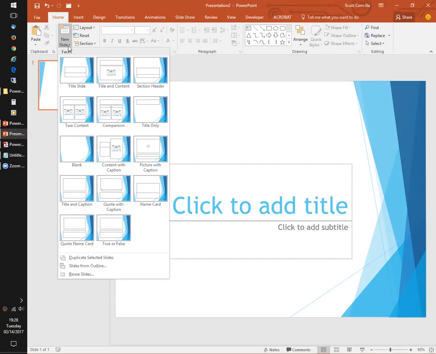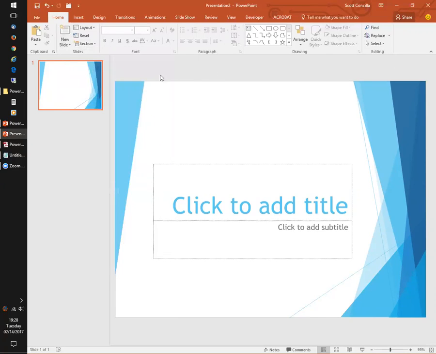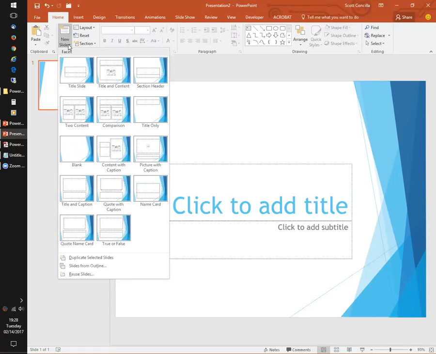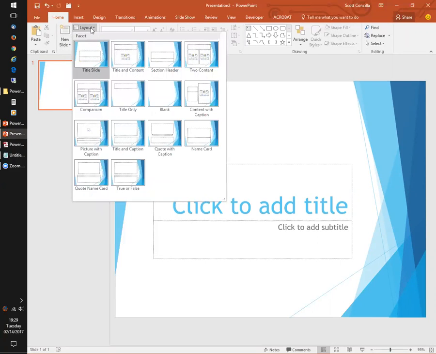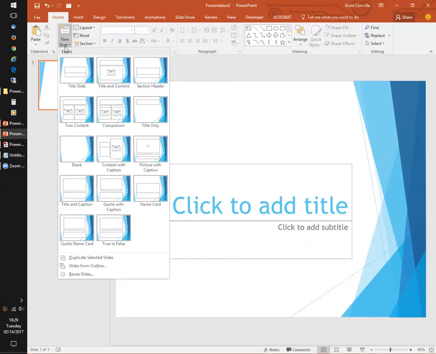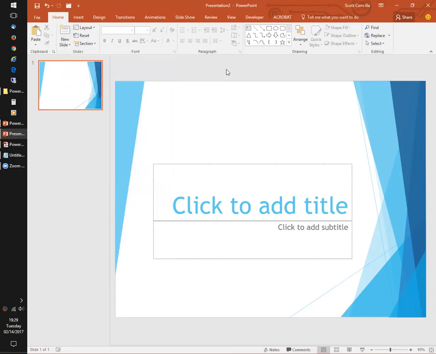Now, what you see listed here, you can access this same gallery two ways. At the bottom of the new slide button, I can click that and I can see a bunch of slide layouts, or I can go to the layout button here and see the gallery as well. Now, if I go to the layout button and select something, that's going to change the current slide's layout. If I do want to do a new slide with something, I can pick that. Oops, what did I just do there?